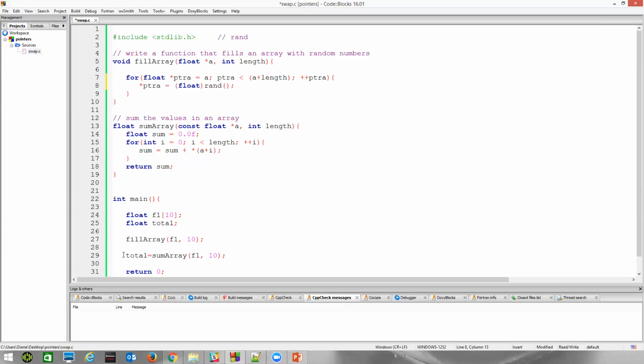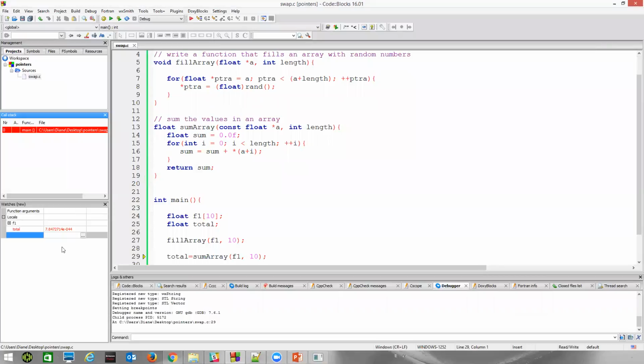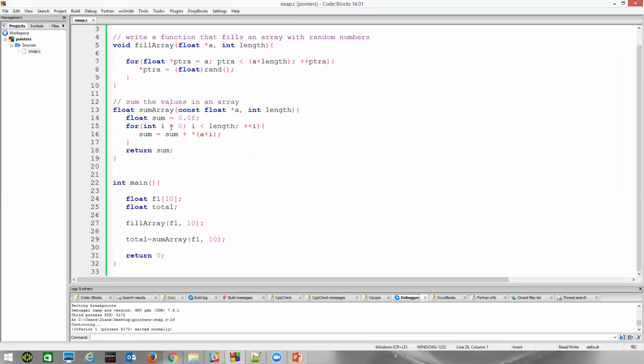Same thing. If we do a run to cursor here, then this will still fill our array with these same random values. I'm not seeding the random number generator, so we get the same sequence. This will go ahead and calculate the total. Similarly, if I want to write the same notation here, well then